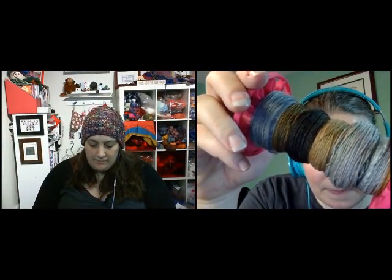I like the colors. Yeah, it's Southern Cross Fiber. You can't go wrong. And then this is it in the braid. Hey, this other one, so this was back when I was getting two. This is March, and the other colorway for the